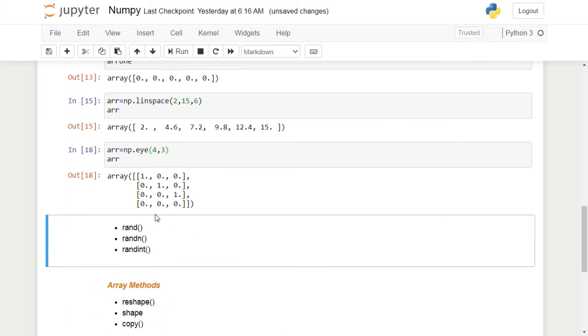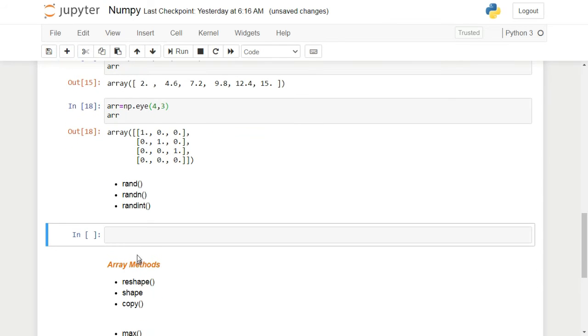Now we have some more built-in methods, which are the random methods. They are used to generate random numbers. Let's see what they do. Suppose I have arr rand. We use np dot, first we call the random module, and inside this random module we have the rand function.